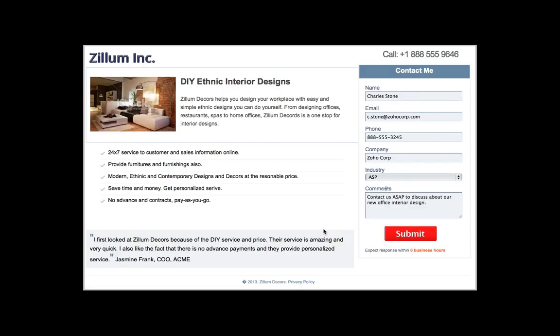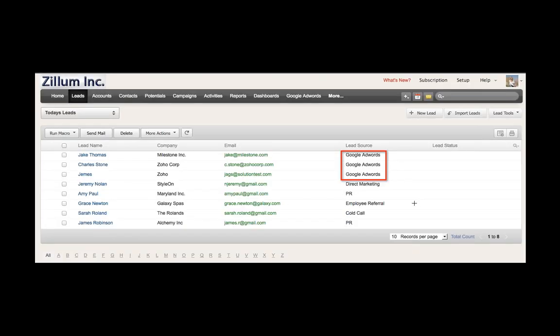Now, when the person fills in this information, c.stone at Zoho Corp, company, and so on and so forth, that information now gets stored here: Charles Stone, c.stone@zohocorp.com, and it's coming from AdWords.